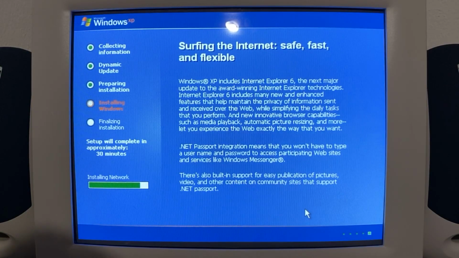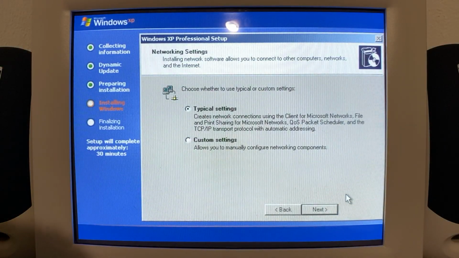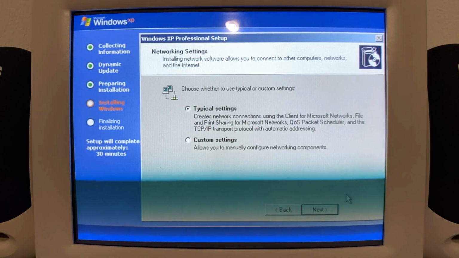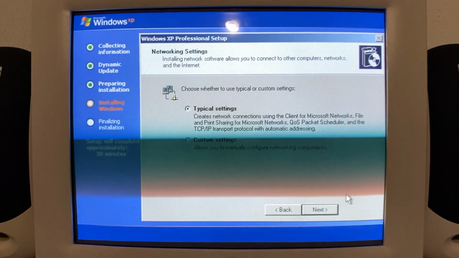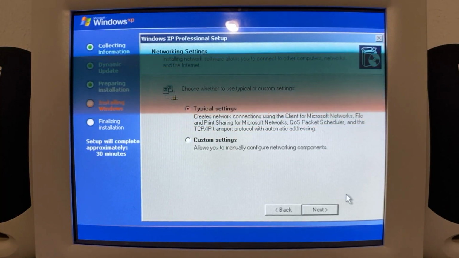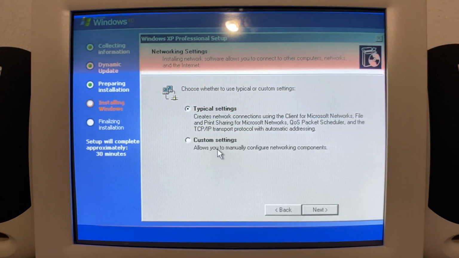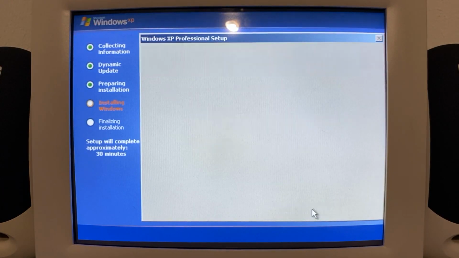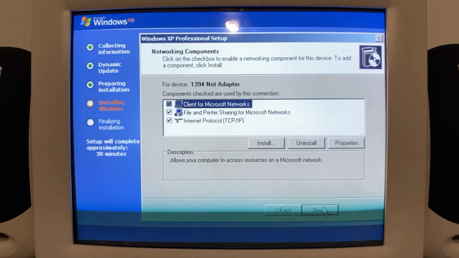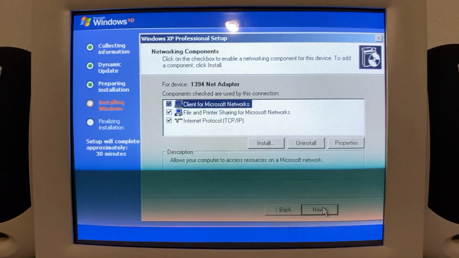So yeah, we can see some elements from the Windows 9X setup process. So if you remember in my Windows 98 setup, reinstalling Windows 98 Second Edition video, you can tell that there are some things that are similar to what we have here. So networking settings, yeah. Ooh, 1394 net adapters. So I think it might have detected our 1394 FireWire connectors on our computer that can also be used for